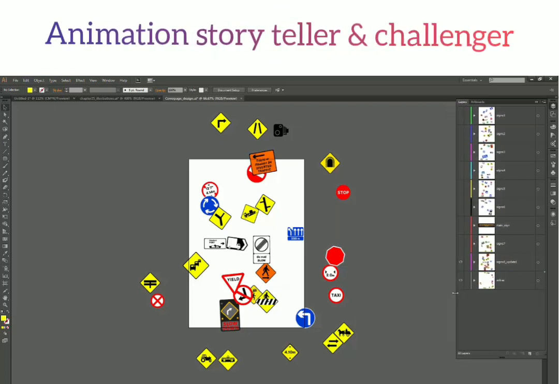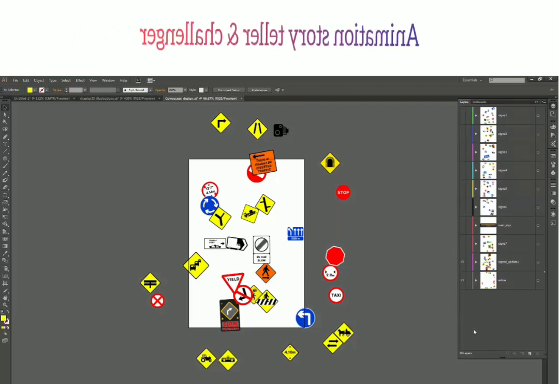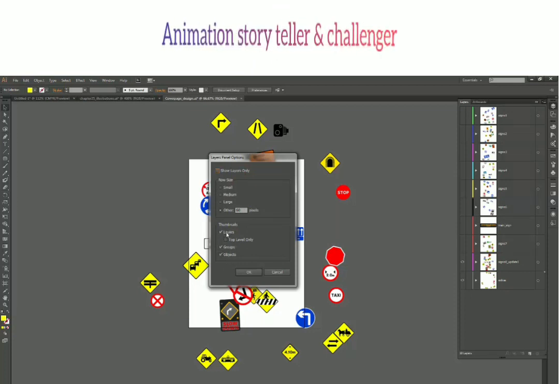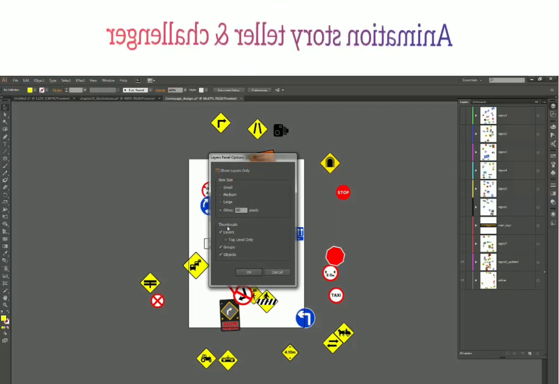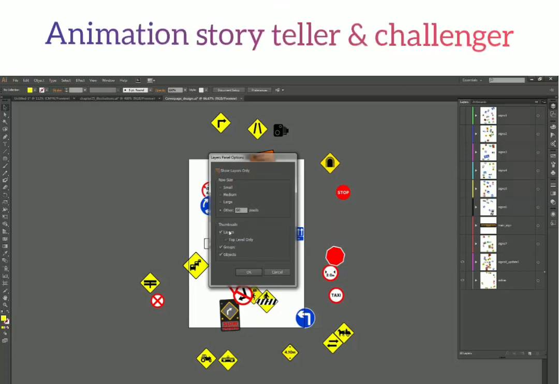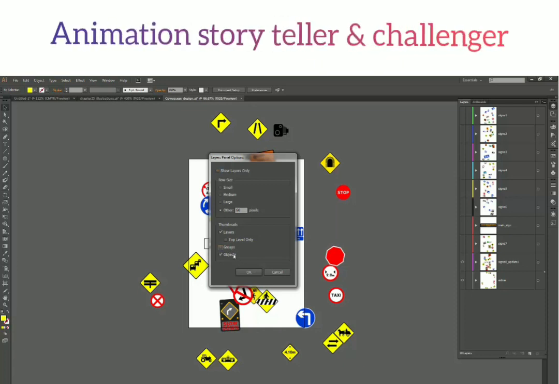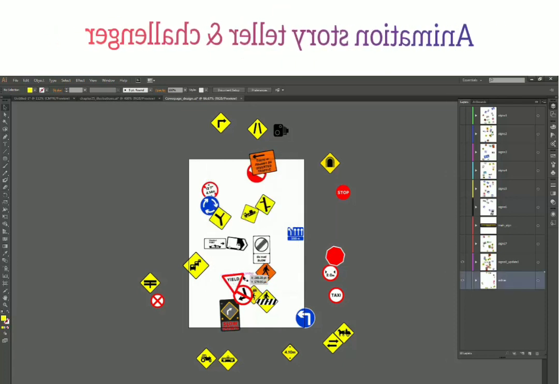Just scale it a bit and okay. Now let's go back again to panel options and see what other options do we have. Now it says thumbnail. So what all do you want to see in thumbnail? So if I uncheck this group and objects and click OK,